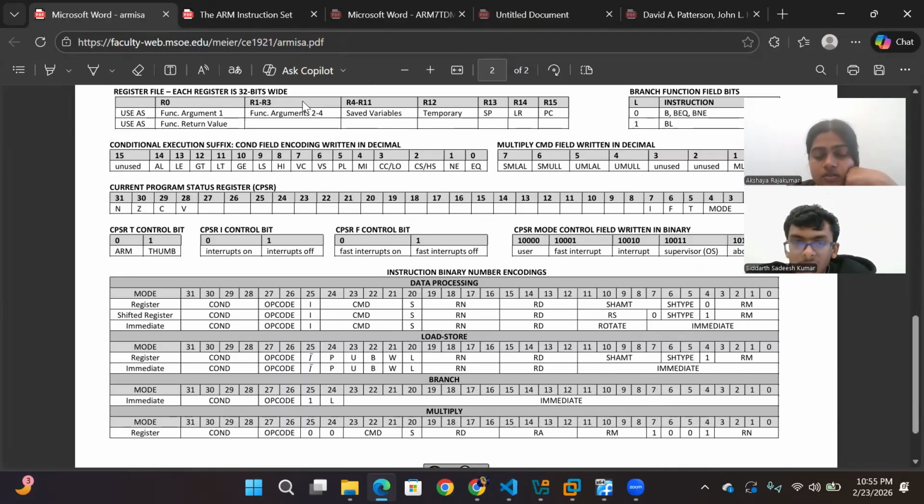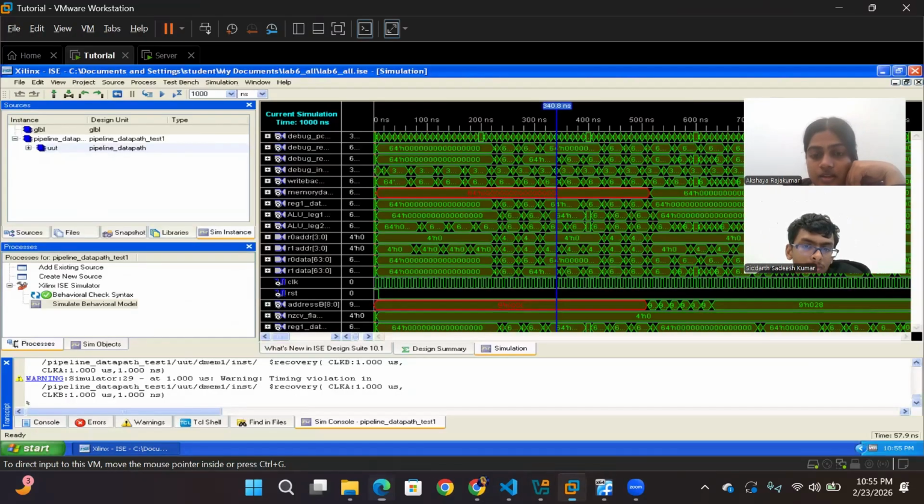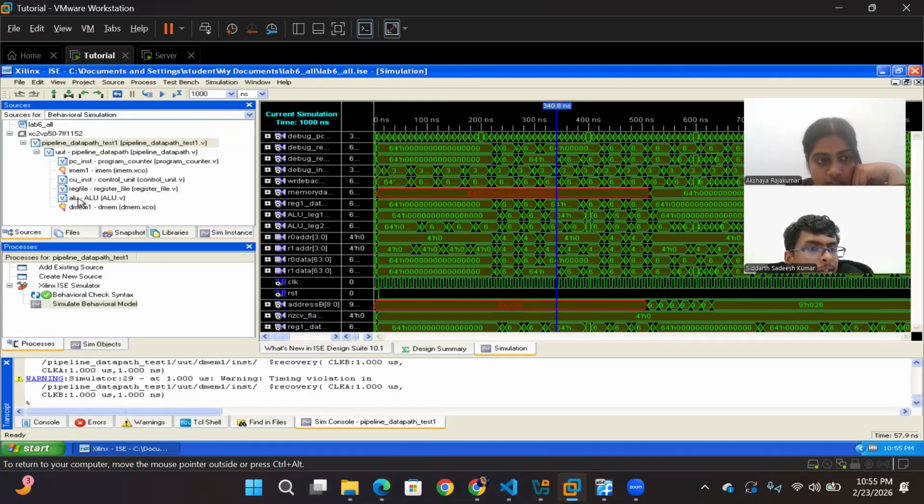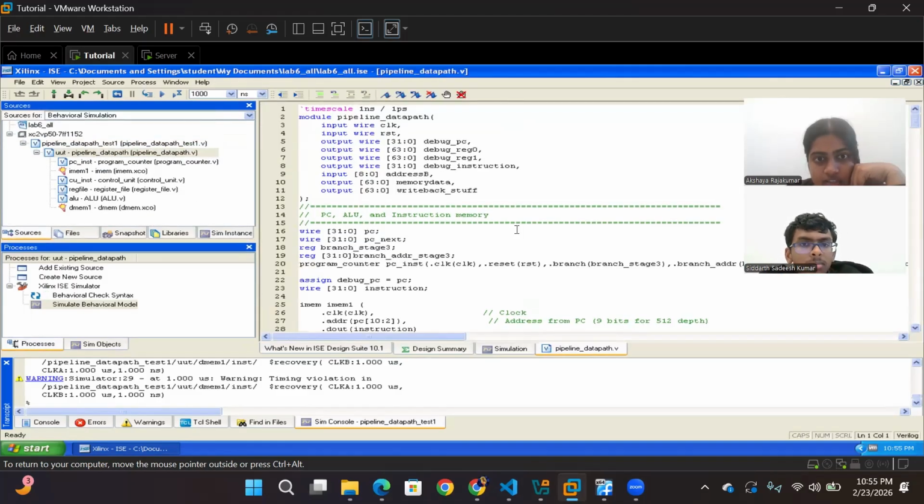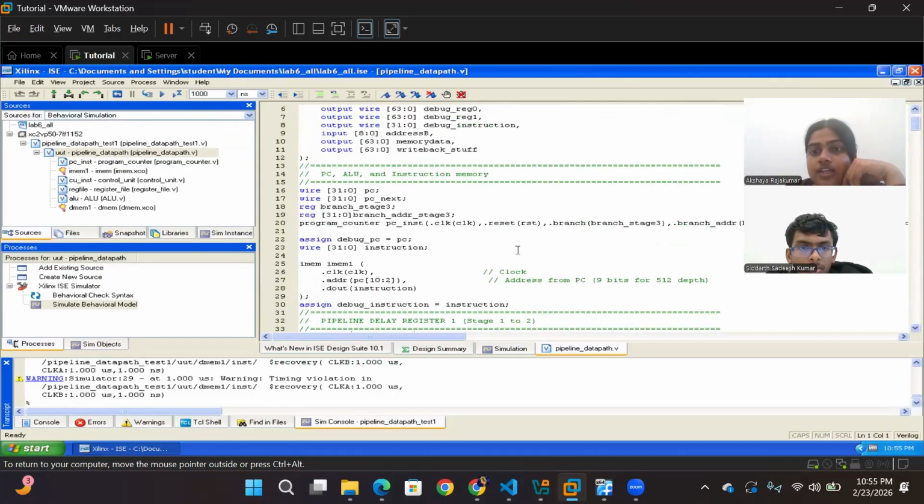GPU or the final project. It's better for us to stick with the ARM ISA in that sense. So we didn't make much change to the actual ISA codes. So, coming on to the simulation part, we had built the pipeline, and we attempted